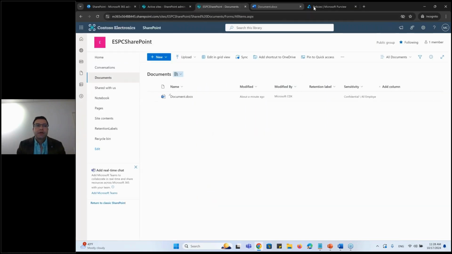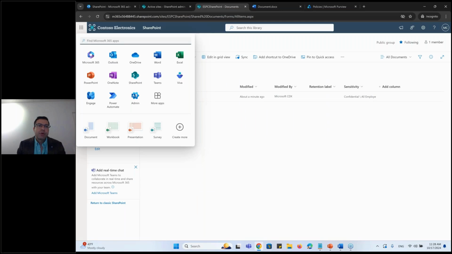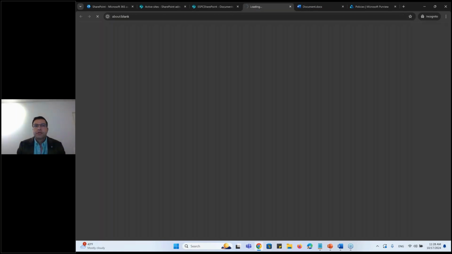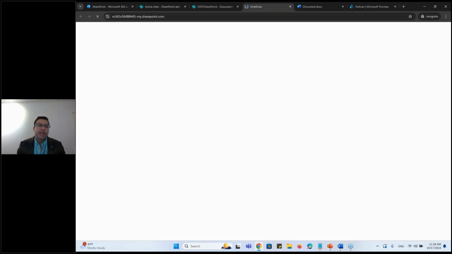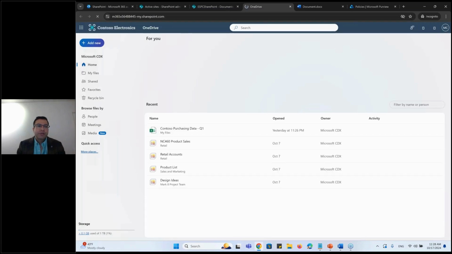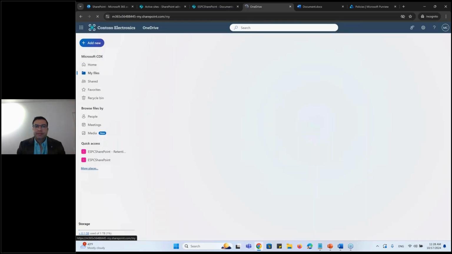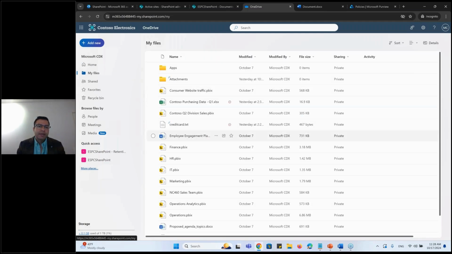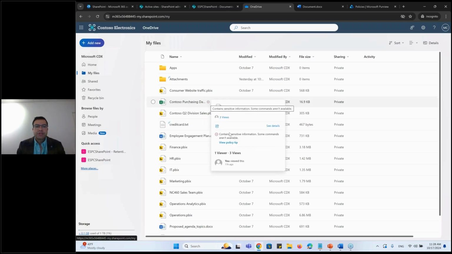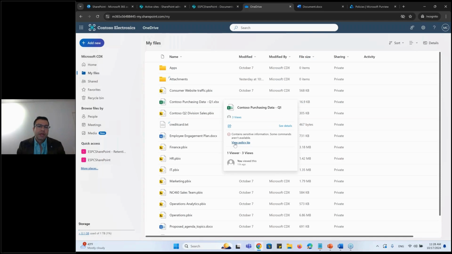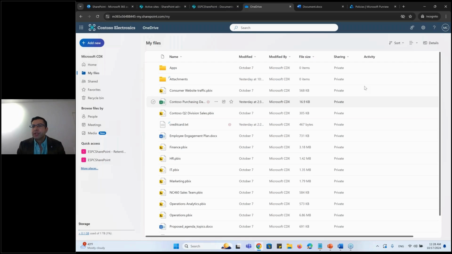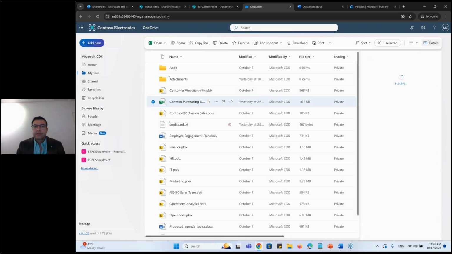Now, let's say I have a document, maybe on my OneDrive, which has been blocked by the policy, the same policy I have created. As an end user, if I go to my files, I have this red icon saying that this is credit card information which has been blocked. If I hover my mouse here, it shows me the policy tip as well. It says it contains sensitive information. If I hover here and go to the details of the file,